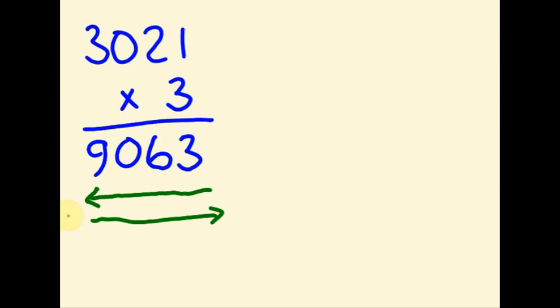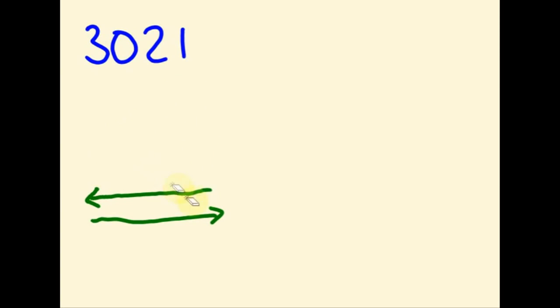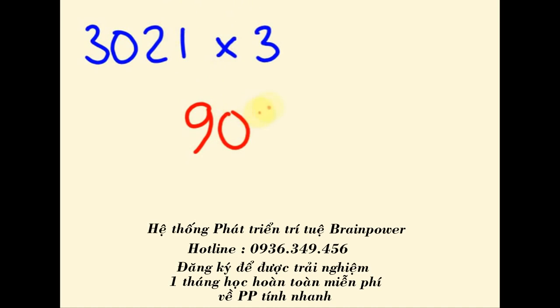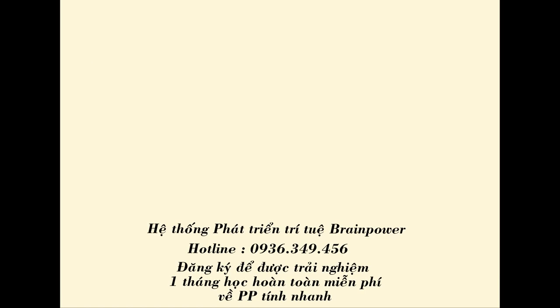Okay, so the way that I would do this is a little bit different, and this is what I mean with how we have to change the way that we work. We times this by 3, but instead what we would do is we would go 3 times 3 is 9, 0, 3 times 2 is 6, 3. Okay? And we're actually working this in the way that you think the number. Okay? I'll give you another example. So I'll rub this out, and then I'm going to ask you, for example, to work out what is